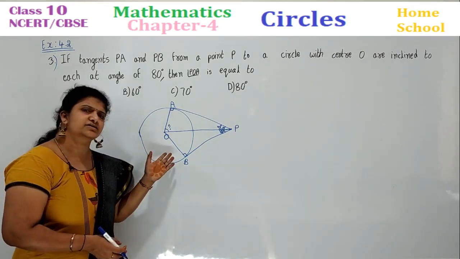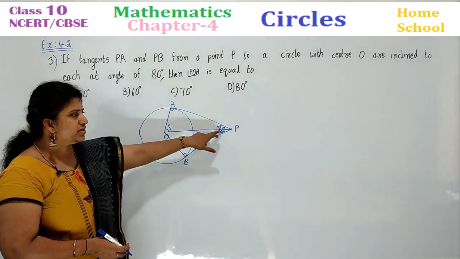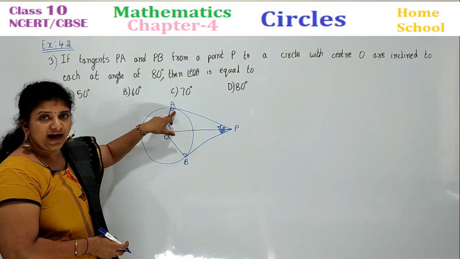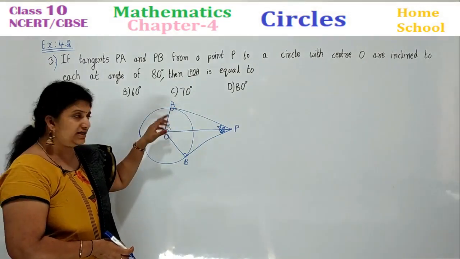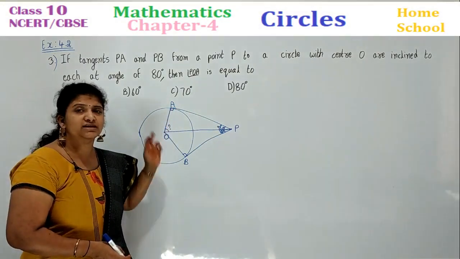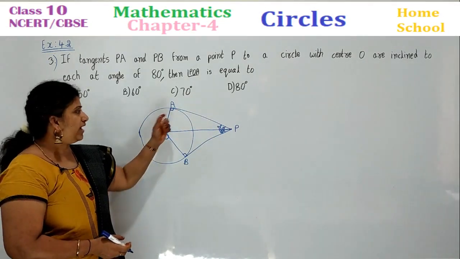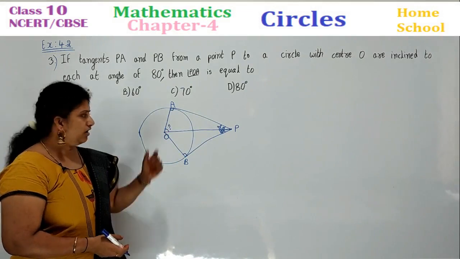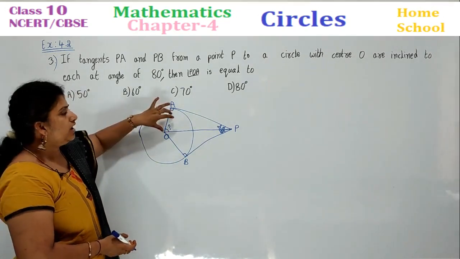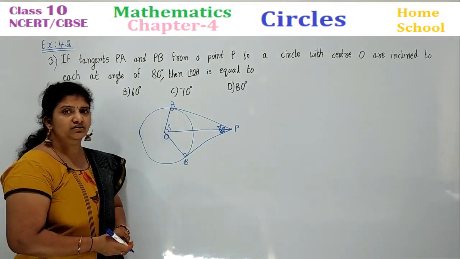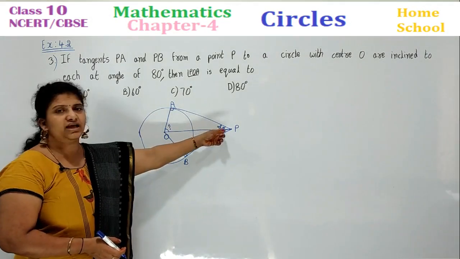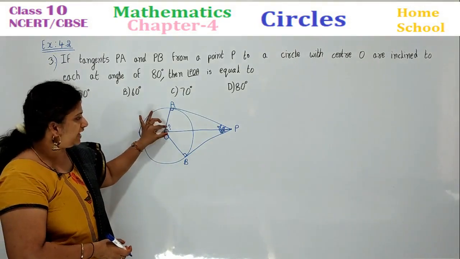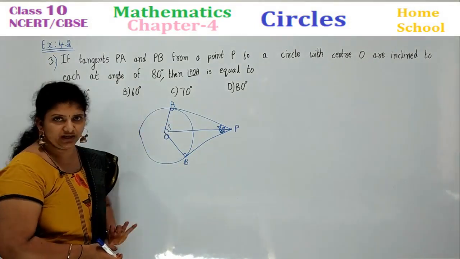You may answer this in two ways. One is you can divide the angle and then this angle plus this angle you add, subtract from 180 degrees. Why? The interior angle sum of a triangle is 180. From 180, if you subtract this, you are going to get this answer. Or you can go with opposite angle sum is 180 degrees. Then this is 80, this will be 100. And this 100, if you divide the angle again, this will be 50.